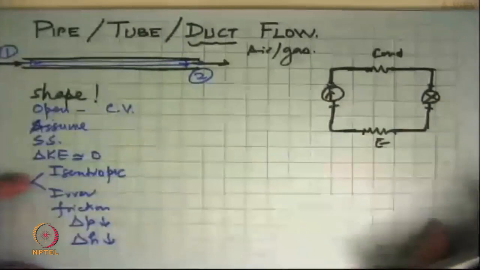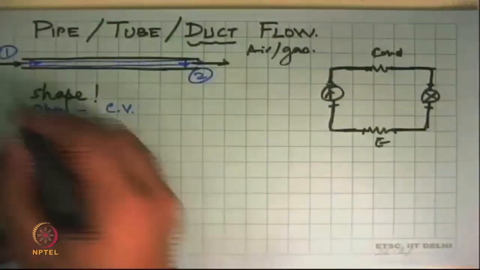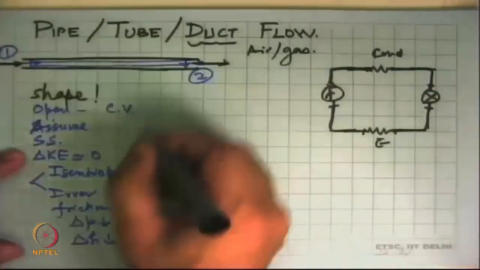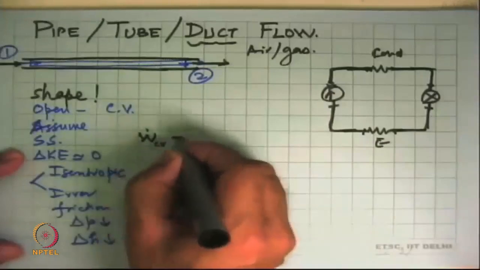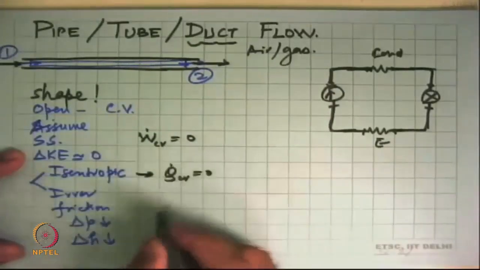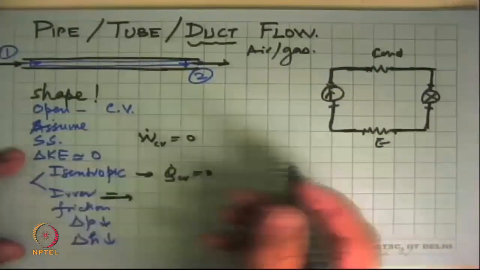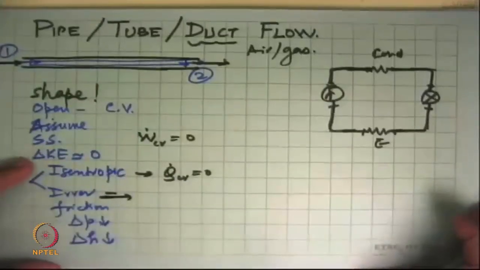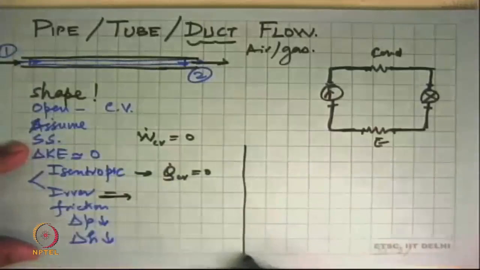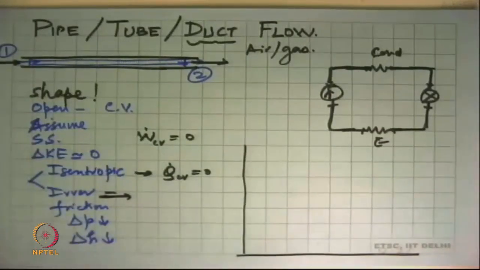But thermodynamics tells us that under these assumptions, this is what will happen in a pipe. If we assume that this is isentropic, there is no work transfer in this, so W dot CV equals 0. In the ideal case, Q dot CV is also 0, but even if this is 0, if internal irreversibility is there, this could cause a drop in pressure. So what we do in treating pipes in a thermodynamic system is that